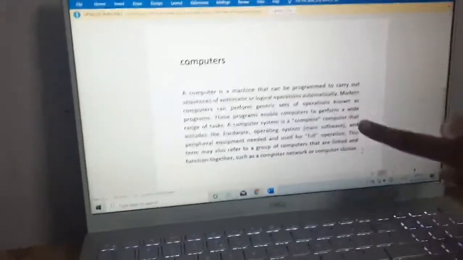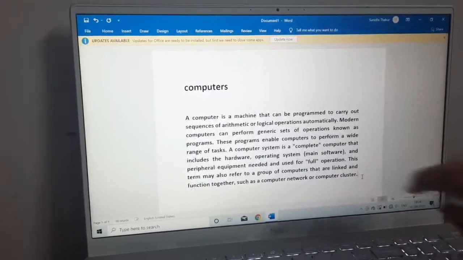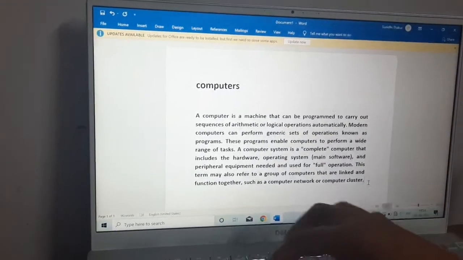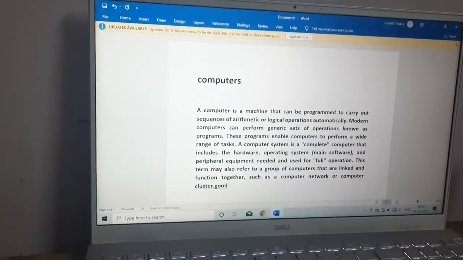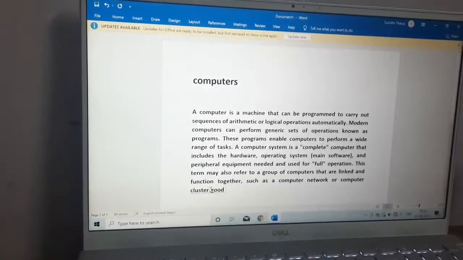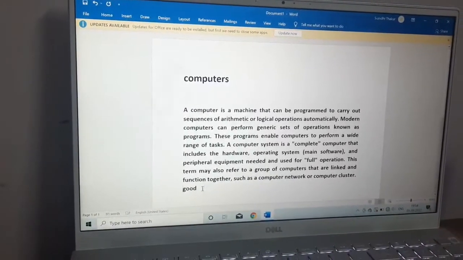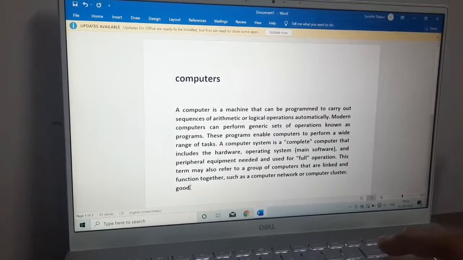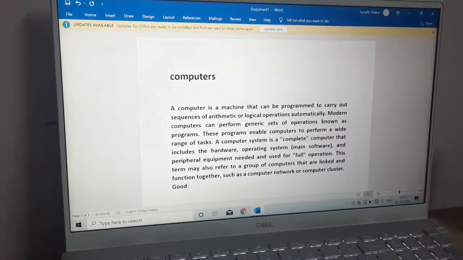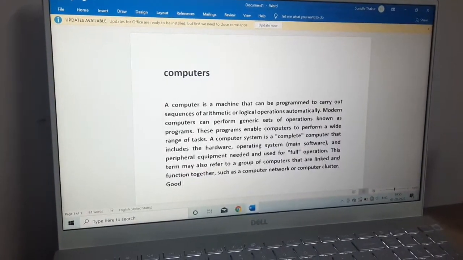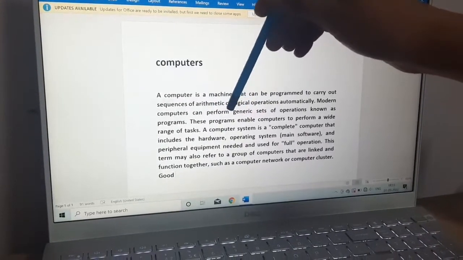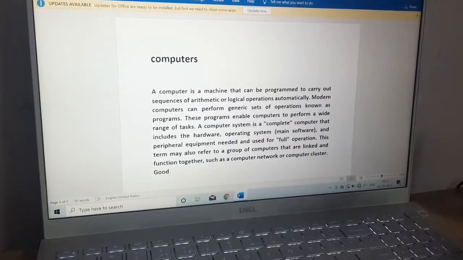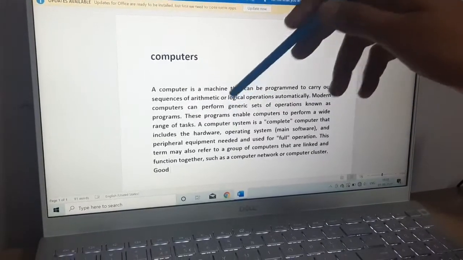Now look at the screen. I have written this full paragraph and now my cursor is here. Whatever I write, it will come here. Suppose I write "good" here. You can see the "good" comes after this word. But I want to add a word after "perform." Here I want to add. Now what will I do? I will erase the full paragraph till here and then I will write.